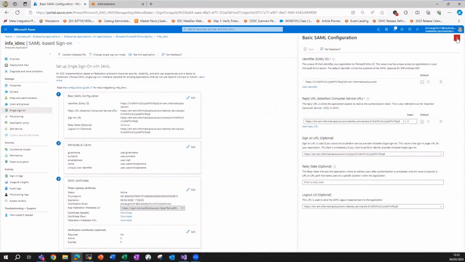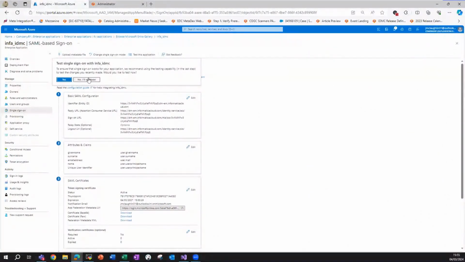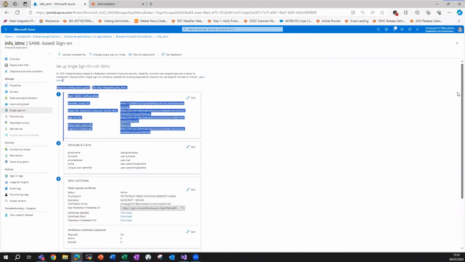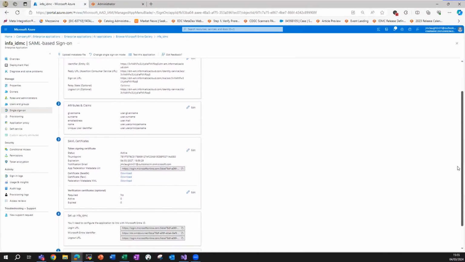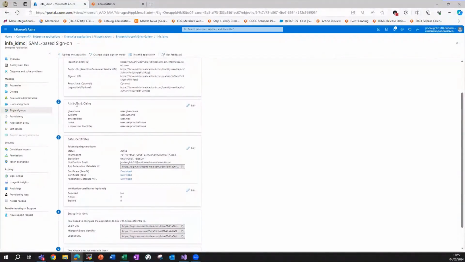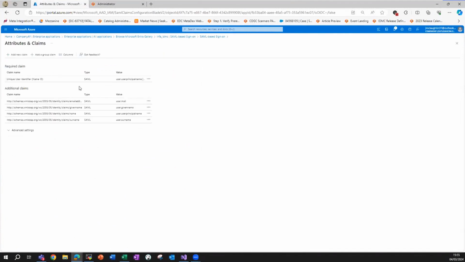Okay, once that's done, we'll click No, I'll test it later. We're testing the application. Next thing we want to do is edit the attributes and claims here and add an additional claim for the group. So if you click Add a Group Claim,